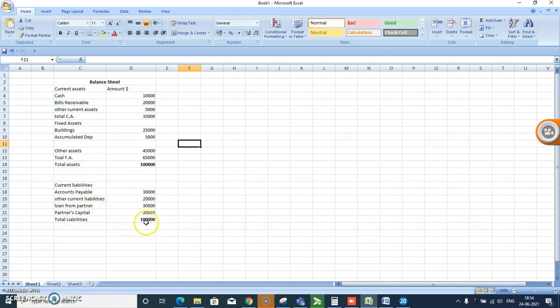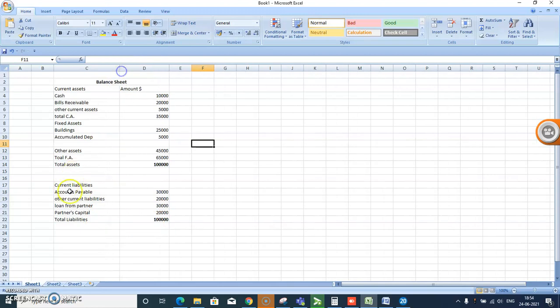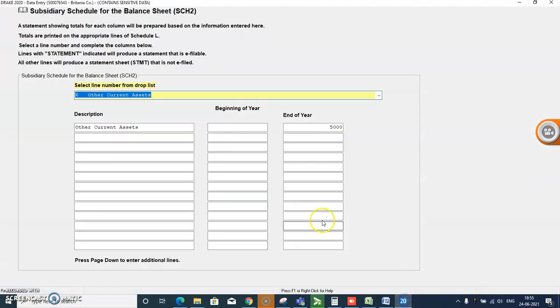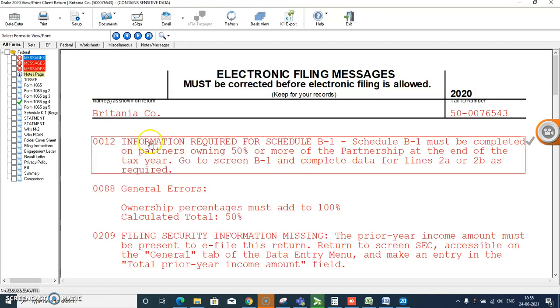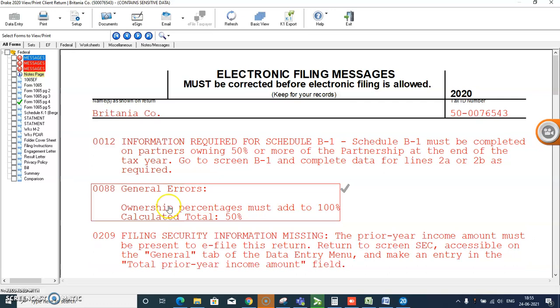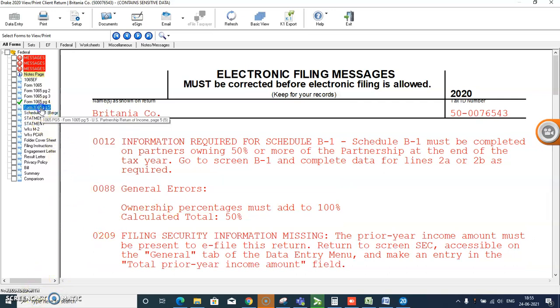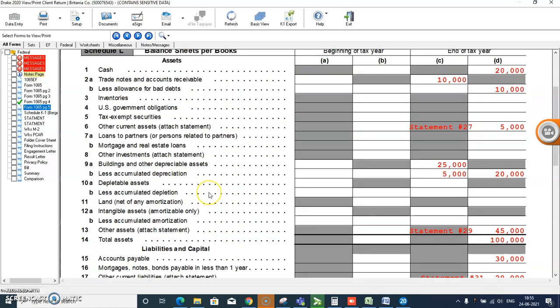Total liability and capital comes to $100,000. The same I have reported here. You can see page 5, Schedule L.